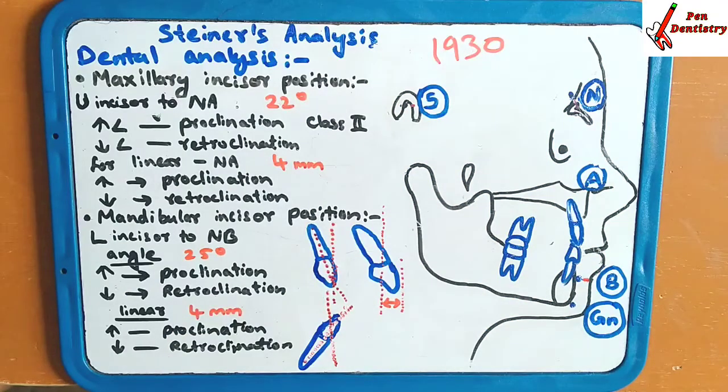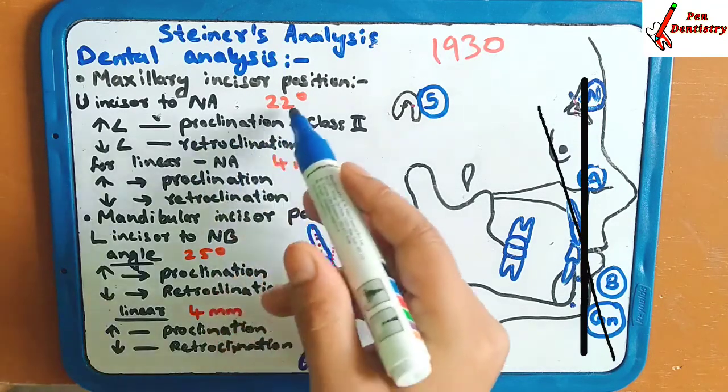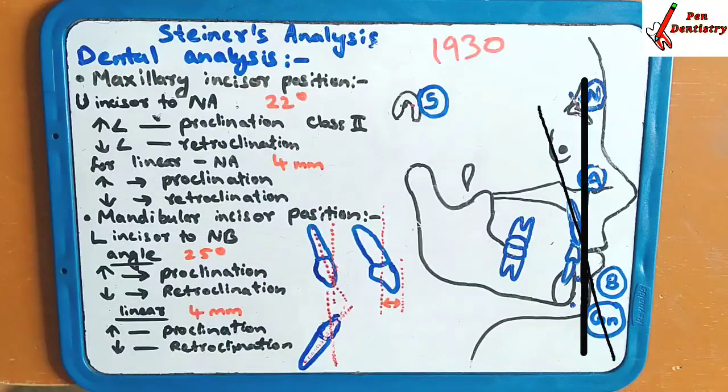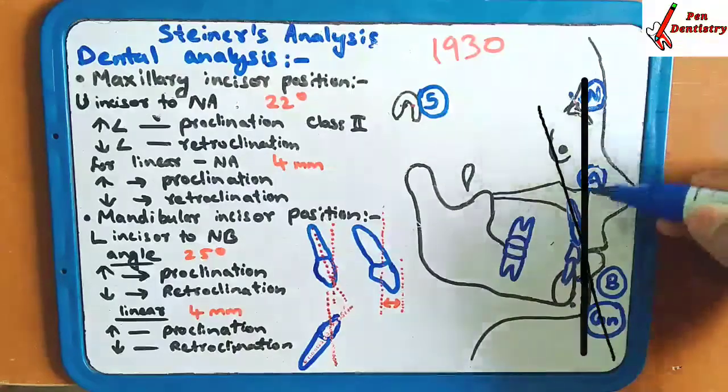Dental analysis. Steiner has given us the dental analysis. What he has said in the dental analysis, now we are going to learn. First is the maxillary incisor position. How are you going to calculate the maxillary incisor position? To calculate it, the upper incisor is related to the NA line. That means you take the NA line here